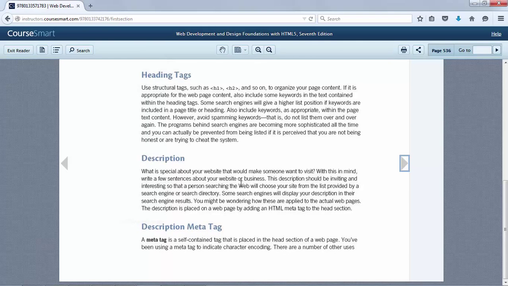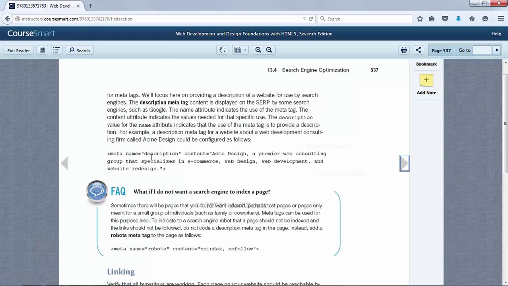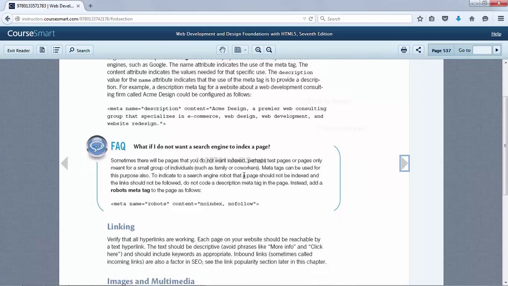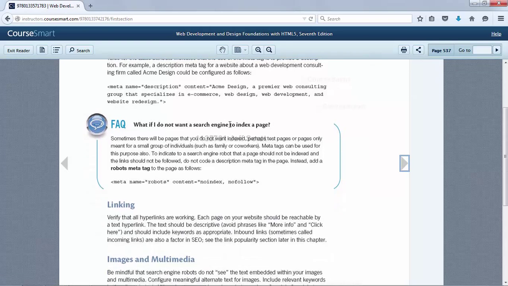What's special about your site that would make someone want to visit? That goes in your description tag. So it says a meta tag is a self-contained tag. We've already looked at that. There's an example. Again, if you don't want a search engine to index a page,